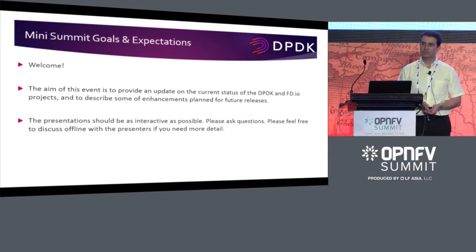It encompasses lots of things, but one of the main things that you need is high performance for network I/O. So if you can't get data into and out of your system fast enough, then nothing else matters. Your performance is never going to be good enough. And that's the whole reason for being for DPDK. It's the most efficient way to get data in and out of the system. So that's one of the challenges.